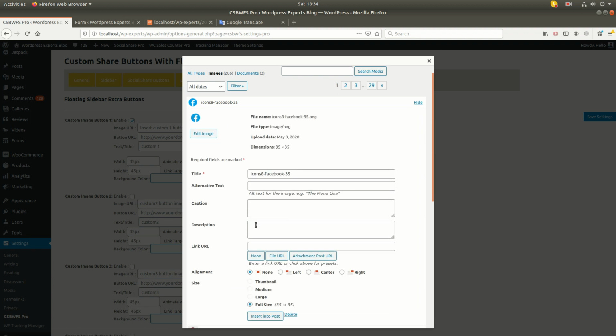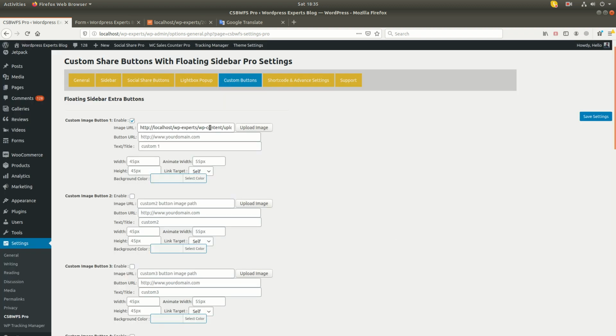Like we have already installed this one, Facebook. I'm going to use the Facebook button as your custom button. Okay, http www.wpexpert.in.